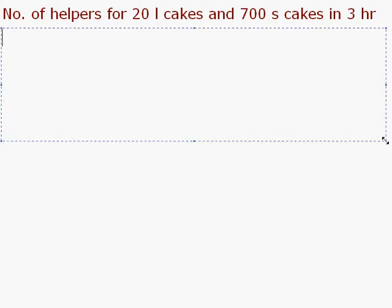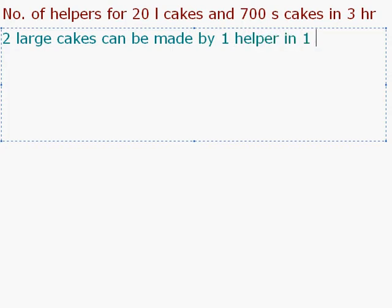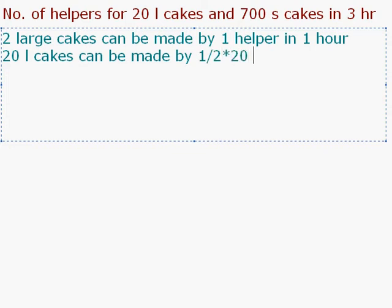The question says 2 large cakes can be made by 1 helper in 1 hour. So 20 large cakes can be made by how many helpers? 1 upon 2 times 20. That is 10 helpers, right? So 20 large cakes can be made by 10 helpers. Now